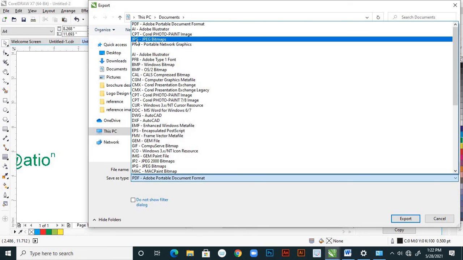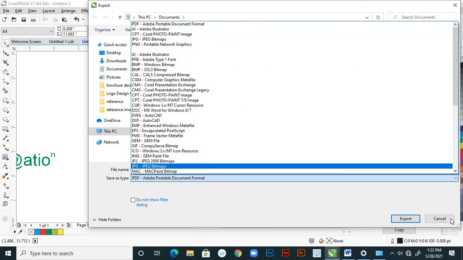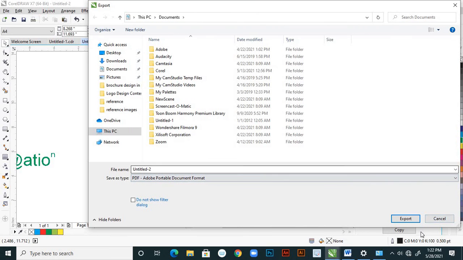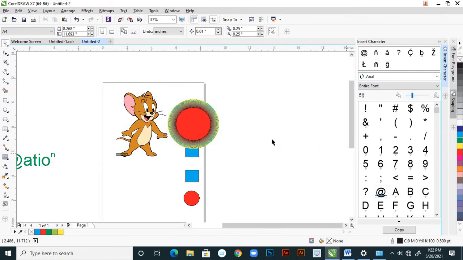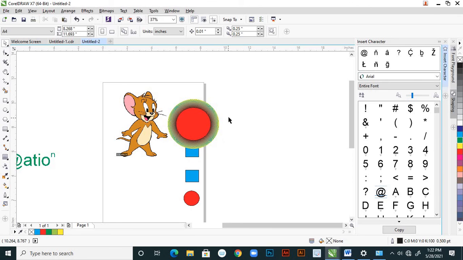So every day we are saving these documents and all, right? So whichever format is required, we choose that. So I'm not saving this because it is not proper work. When you design a particular concept, then I'll show you more clearly how to save in the different formats, right?